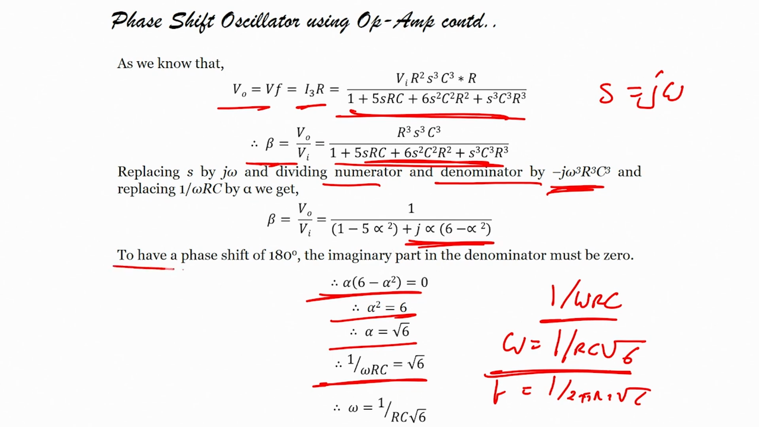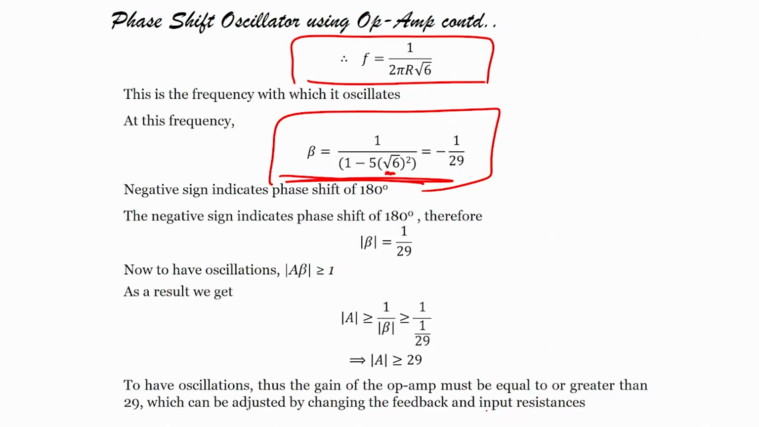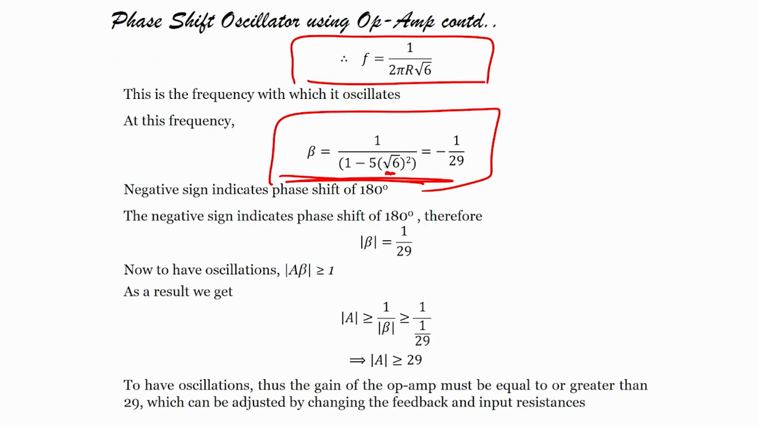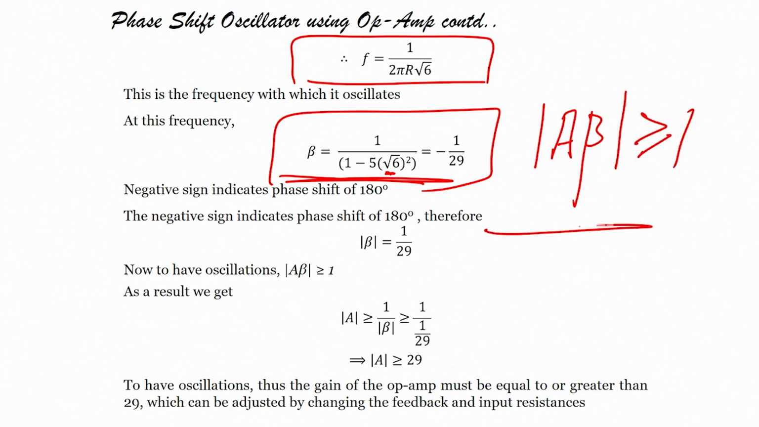Now, to have a phase shift of 180 degrees, the imaginary term should be 0. When we do that, we get the value of alpha, and then we can also have the formula for f. From the formula of f and substituting the value of alpha in the equation, what will I have? I will have beta equals 1 by 1 minus 5 under root of 6 whole square, which equals minus 1 by 29. But I know that my Barkhausen criteria will be satisfied only when the magnitude of A beta equals 1,